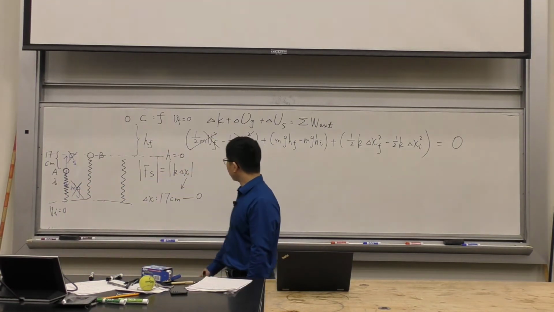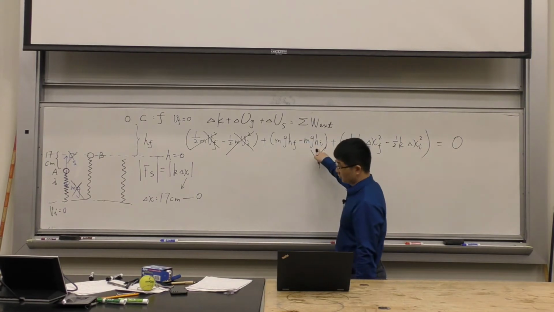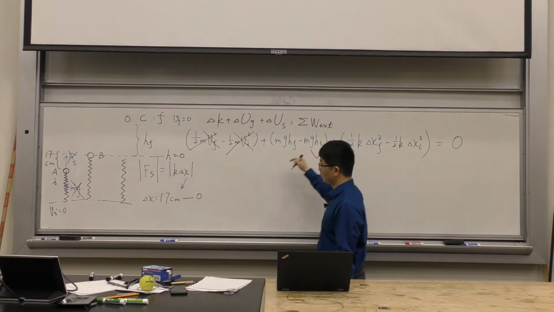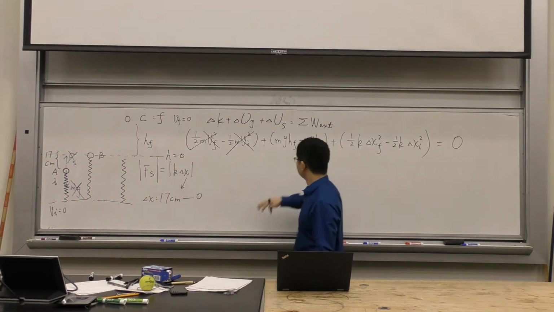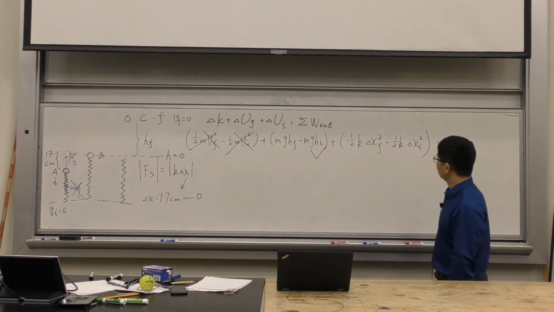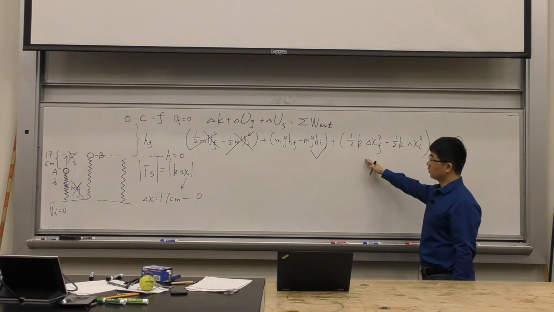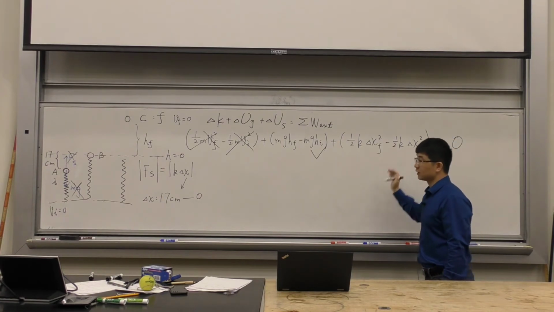Okay, so that's the initial height. So you do have the initial height. That's not 0, because I'm not calling any of these 2 guys my 0 reference. I'm calling this point my 0 height. So you do have the initial height. What about these 2 numbers? So you're going to take a look at these 2 displacements,